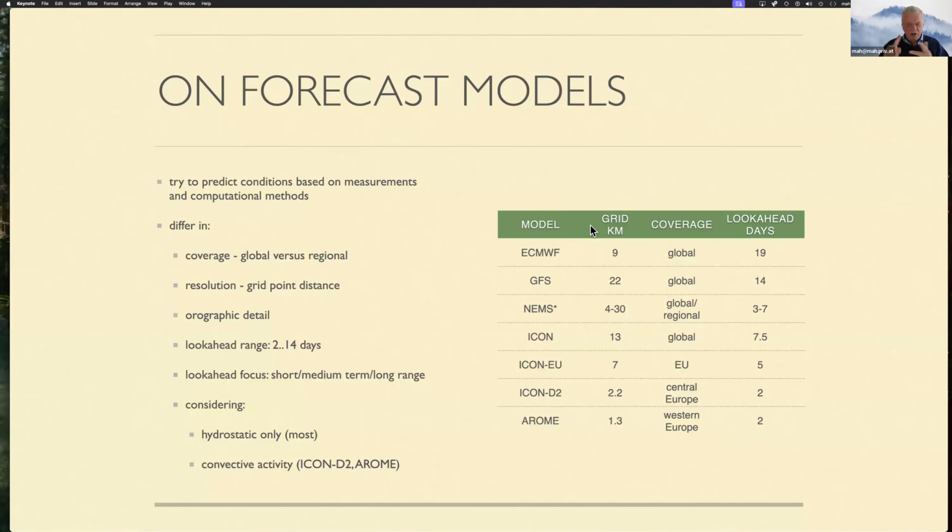So, to summarize: coverage, resolution, the level of detail, convective or hydrostatic only, and look-ahead range anywhere from 2 to 14 days. And is this a short-term model, a medium-range model, or one trying to do a long-term forecast? So that is basically